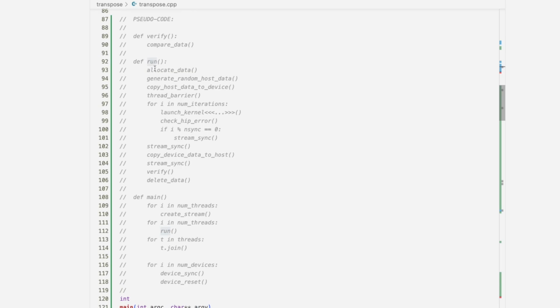And in our run function, we start off by allocating some data. We generate random data on the host. Then we copy that host data to the device. There's a thread barrier. So once all the threads reach this barrier, then they start. And for a loop over a number of iterations, they launch the kernel, check whether or not there was